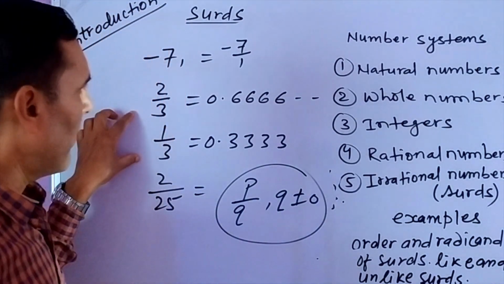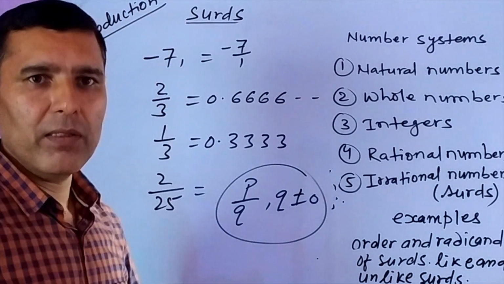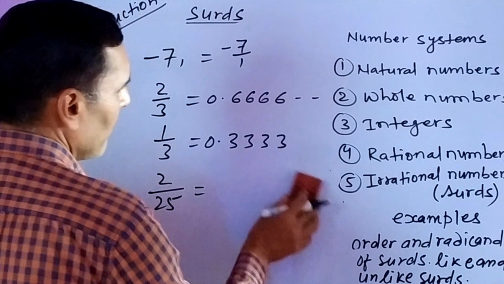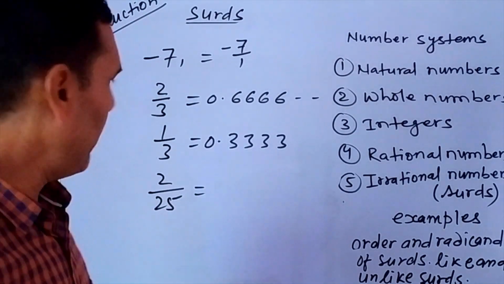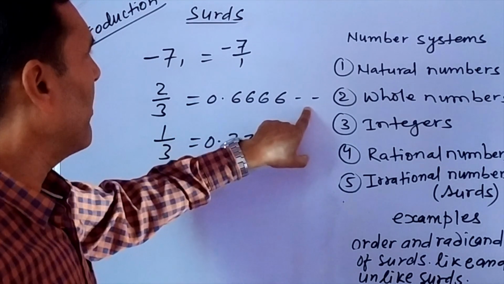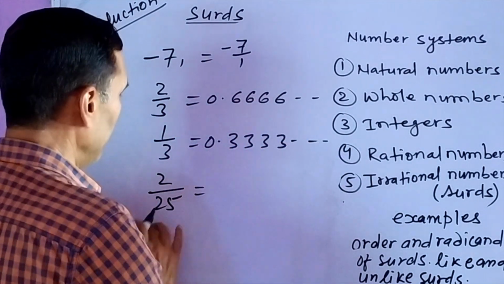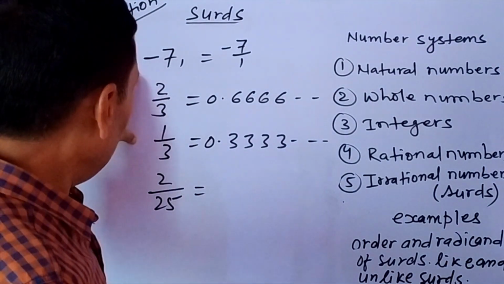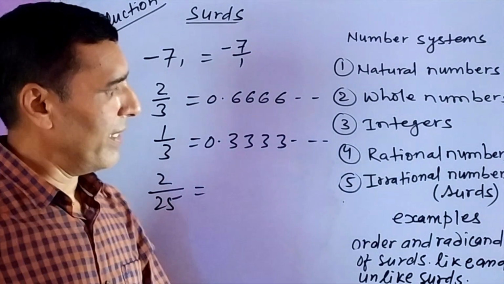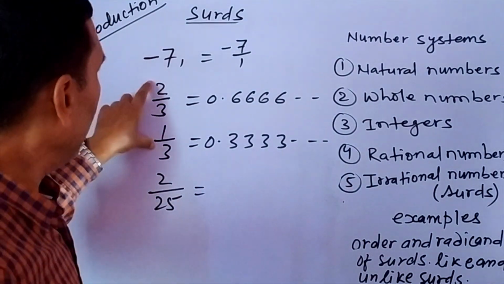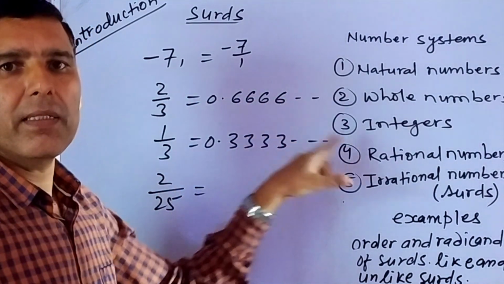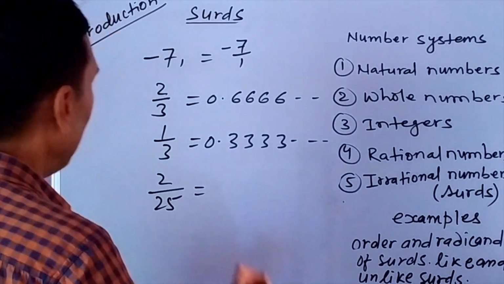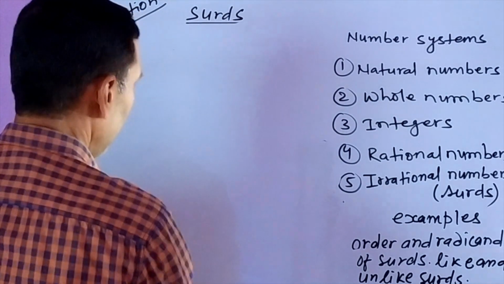While getting the decimal value of a fraction, we will get two types of decimal values. One is terminating decimal, another is non-terminating decimal. For example, this is a non-terminating decimal, this is also a non-terminating decimal. If you divide this, you will get a terminating decimal from here. So if it is a terminating decimal, obviously it is a rational number. If the decimal value is non-terminating but recurring, this is also a rational number. But sometimes we have decimal values different from this.